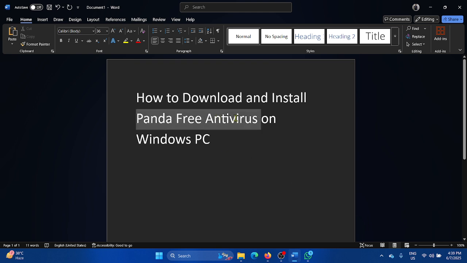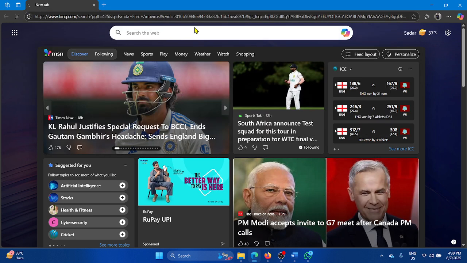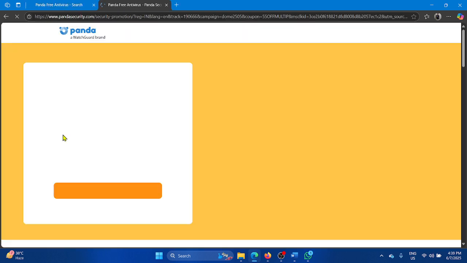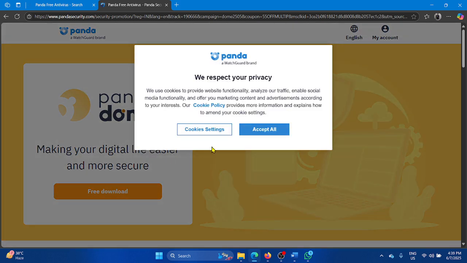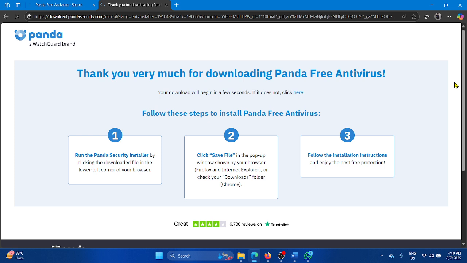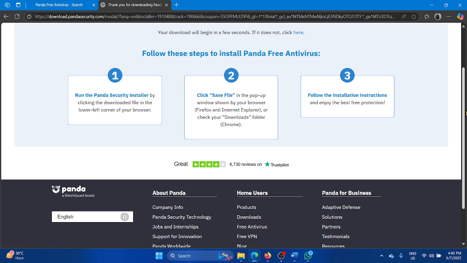So you can search for Panda free antivirus on any website and then hit enter. And then you can go to this option here which says try Panda antivirus for free and then let it load. Okay. And then you can click on the free download option and it will need a while to start